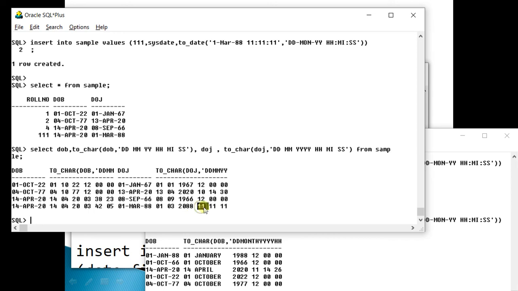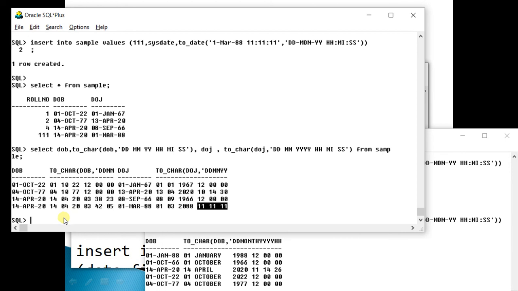So you can see my time is stored. Now there are three things. Number one, if you store a value with sysdate, system time will go. If you give only a date and no time, then the starting time, that is 12 a.m. morning, will go. And if you want to give your own time, then you will have to use the toDate function. This is how you can store the value.